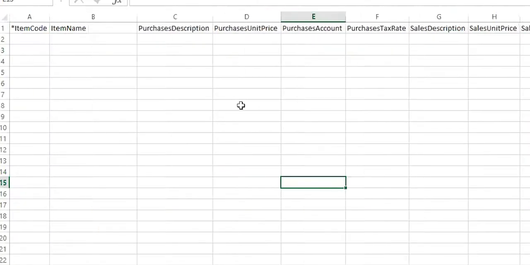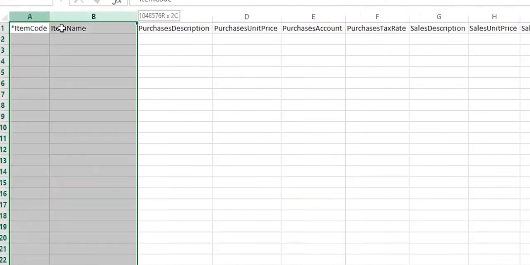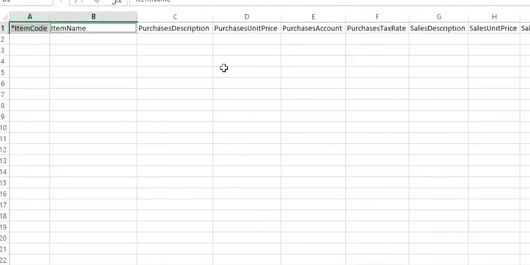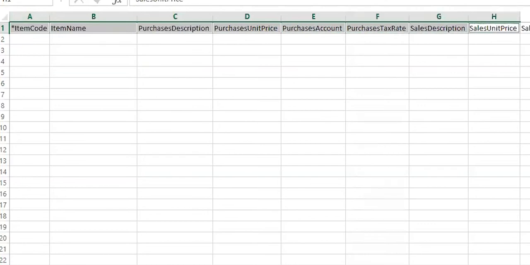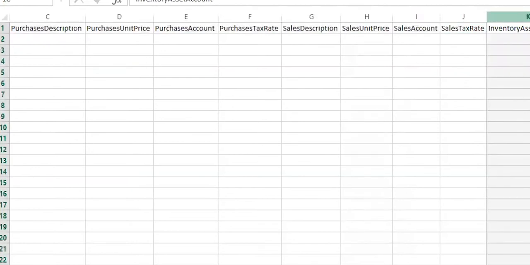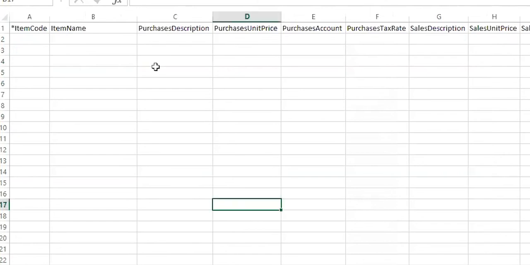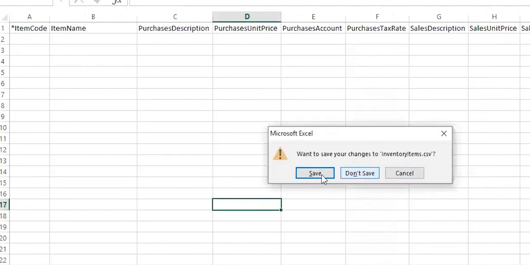But in our case, I would suggest that you fill in the item code, item name, the way we're doing that in a manual thing: purchase price, tax rate, sales description, purchase account, tax rate, okay? Inventory account, we can also add all that. So it's advised that you complete that. Once that's ready, save that as a CSV, and then